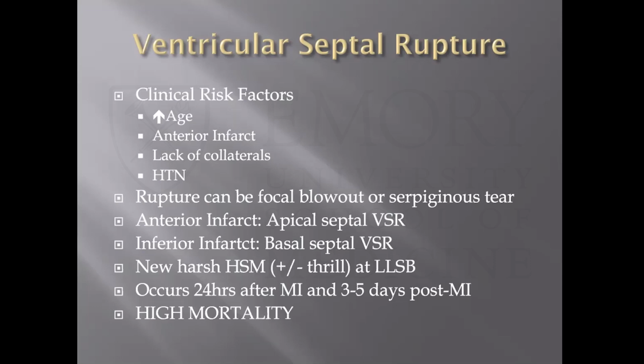Same sort of risk factors as you'd imagine, large infarcts, big anterior infarcts, oftentimes patients that just did not have the ability to collateralize. Folks, oftentimes in the early days of training, will think about these as you do a congenital VSD, but it could be further from the truth. These typically don't follow any even path or shape. These are often very irregular, serpiginous tears through the septum. If you have an anterior infarct, it'll typically be in the apical septal distribution, inferiorly basal septal.